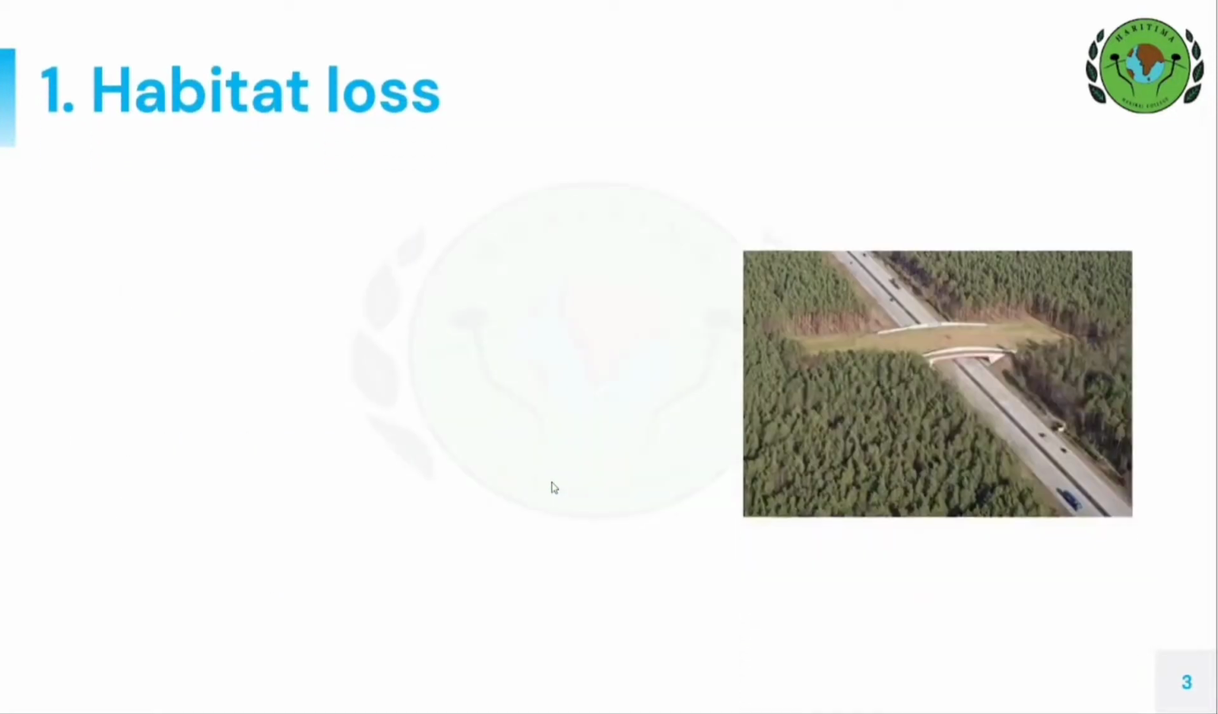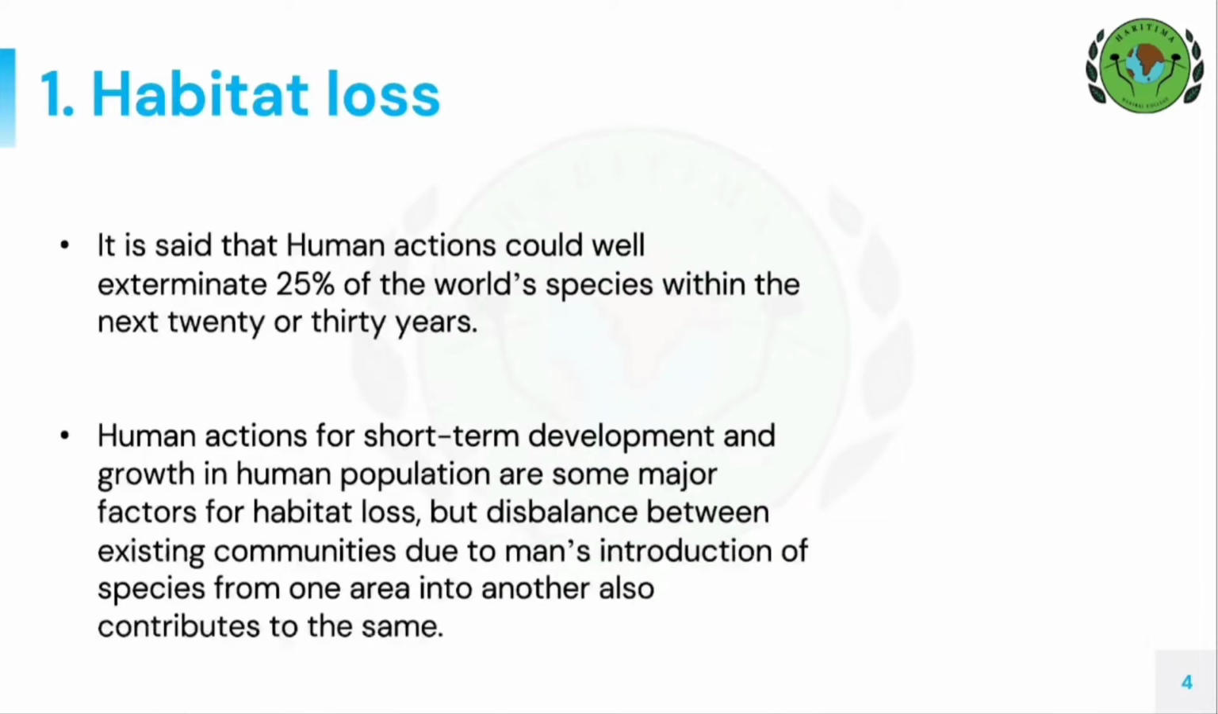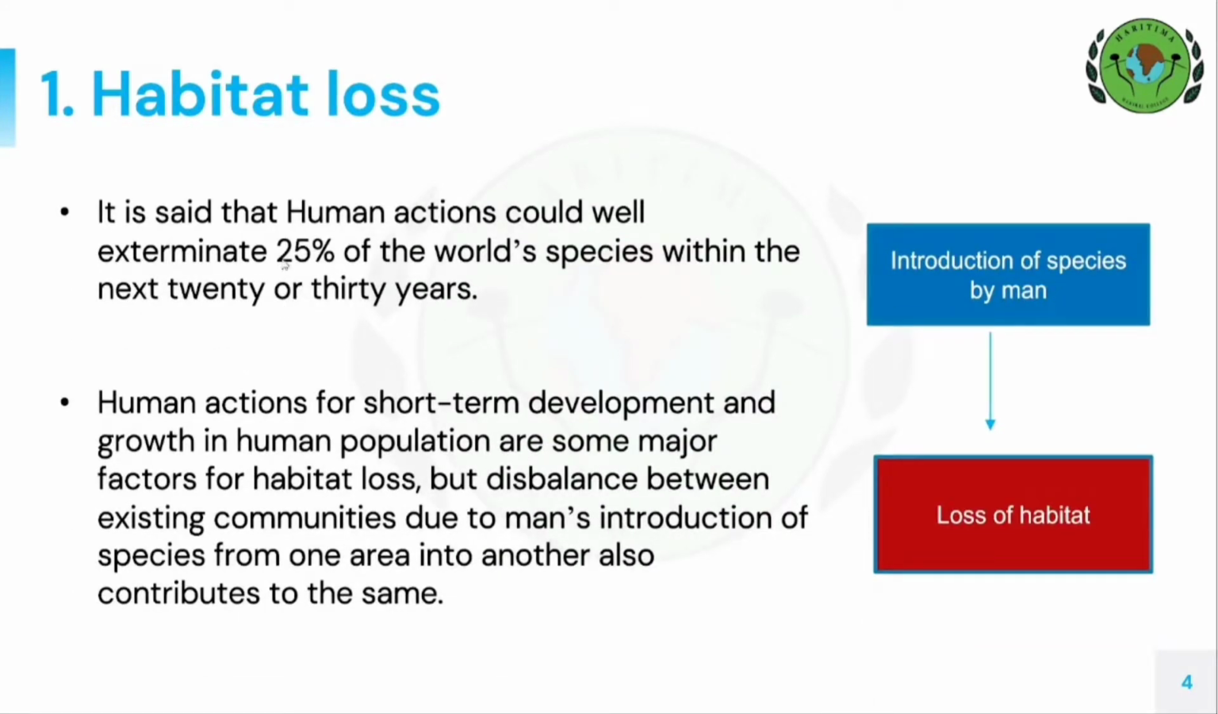These destructions have grave economic impacts for the long term, and scientists have estimated that human activities are likely to eliminate approximately 10 million species by 2050. It is said that human actions could well exterminate 25% of the world's species within the next 20 or 30